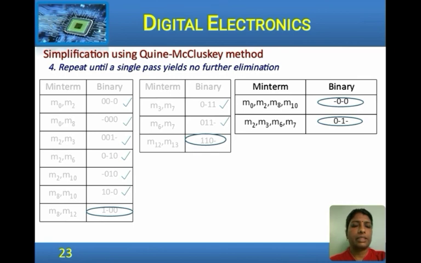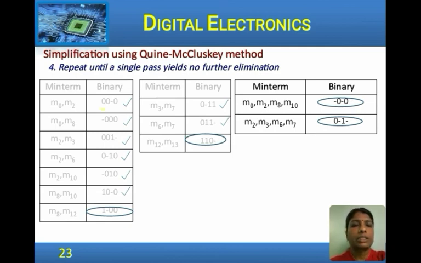Now, taking that table, we go ahead with the next pass, comparing the groups again similarly. When you go for the next comparison, check the position where there is a dash and another binary number where the dash is in the same position, and if the rest of the digits vary by only 1 bit position, then select them. We proceed like this until no further elimination can be carried out. So, now we will go to the next pass.